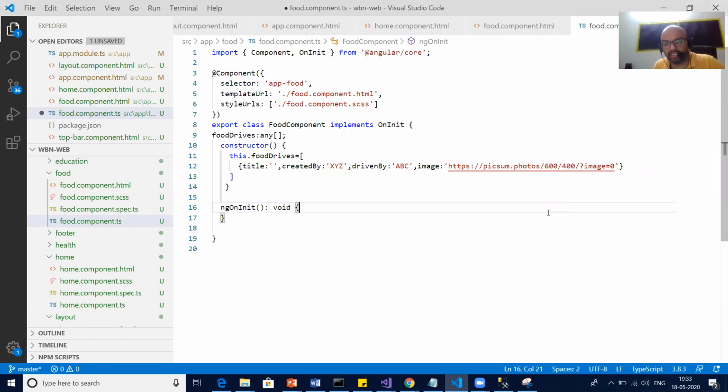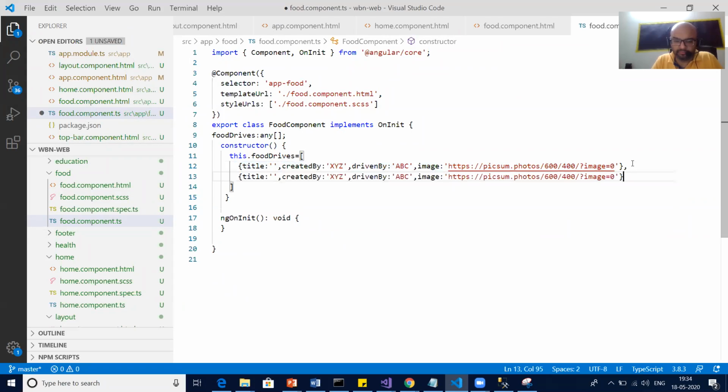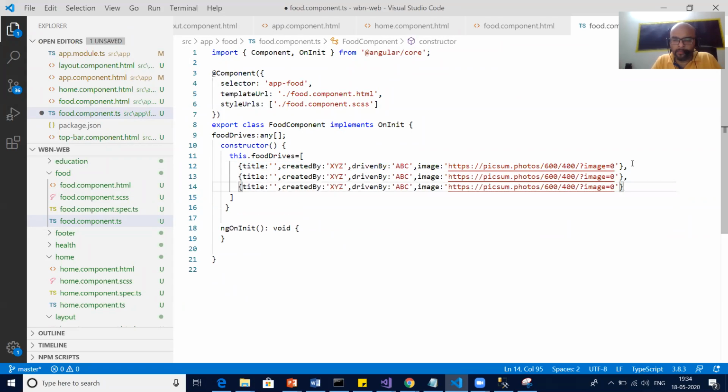Simple in the sense that let's put up to this much only. Create title. I said drive one.